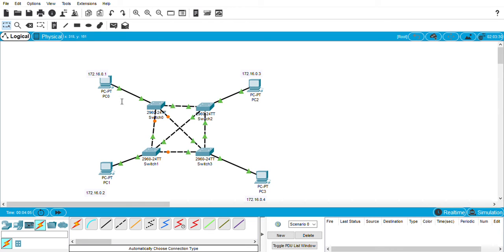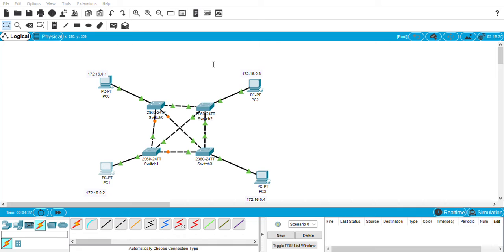Then to configure, click this end device, and it will show this window. Go to Desktop, IP Configuration, and set up an IP address. When you click this, it directly assigns the subnet mask. That's enough for the configuration. We are only setting the IP address.